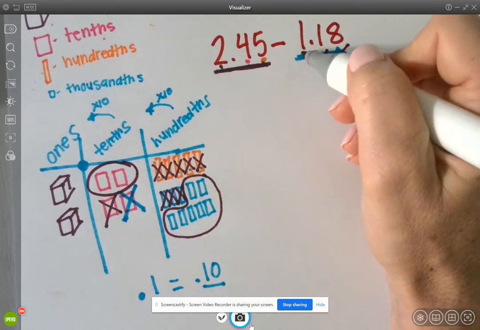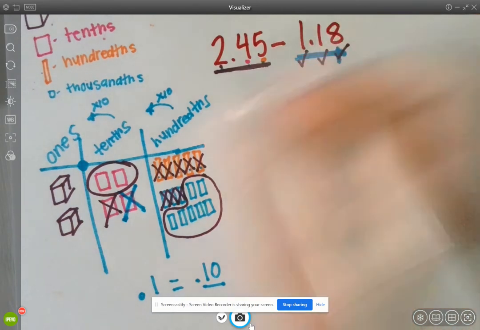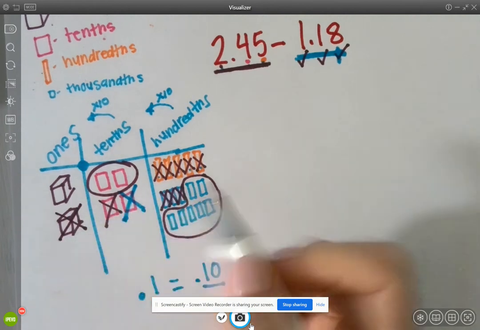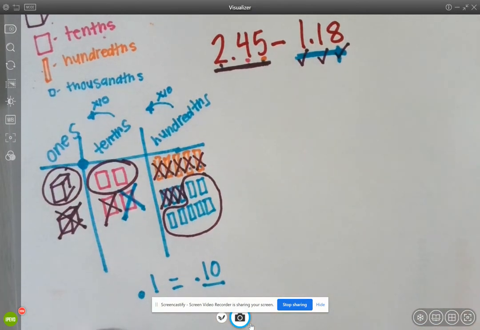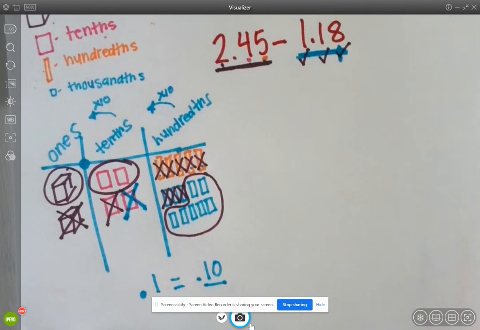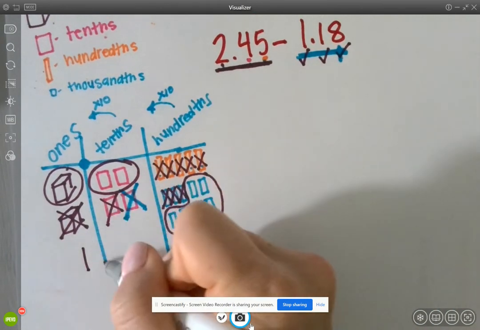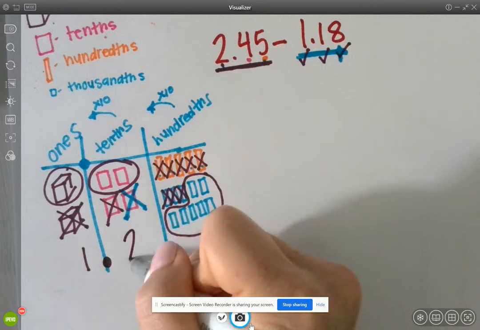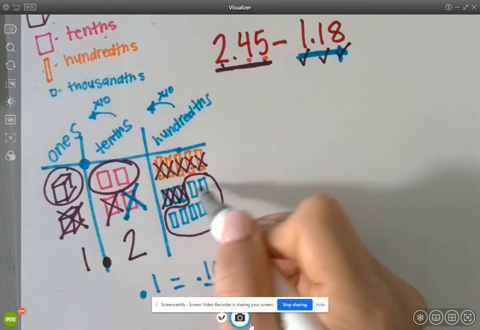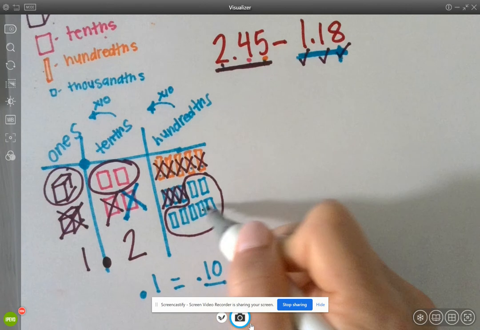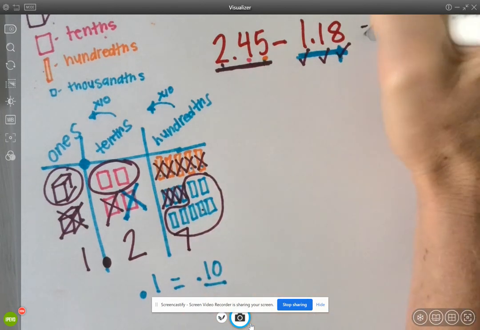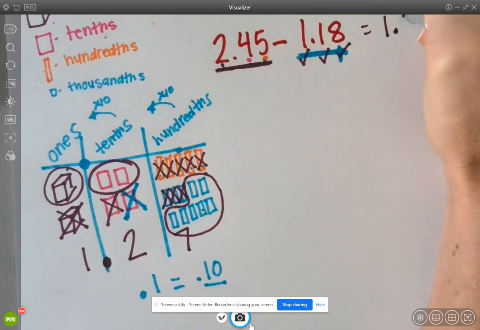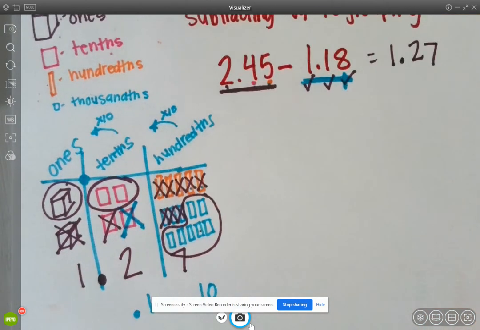Then I go to my next place value. I need to take 1 whole. I can do that. So I take away 1 and I circle what's left. Then I need to figure out, okay, what is my answer now? I have 1 whole and 2 tenths and 1, 2, 3, 4, 5, 6, 7 hundredths, which would equal 1 and 27 hundredths. Okay. There are also